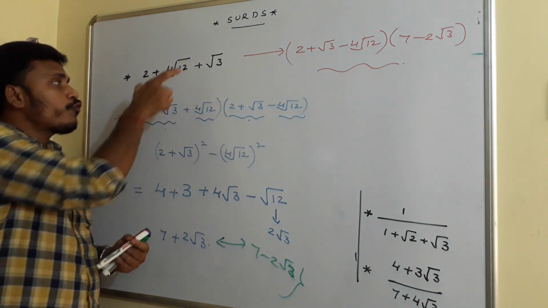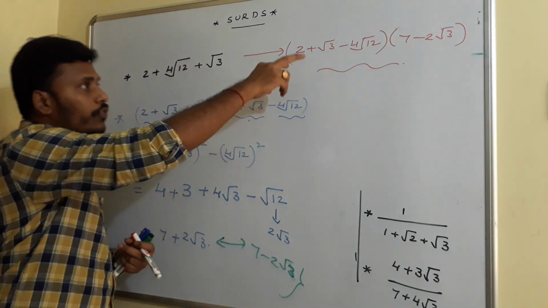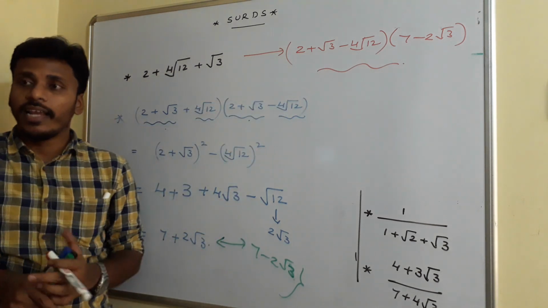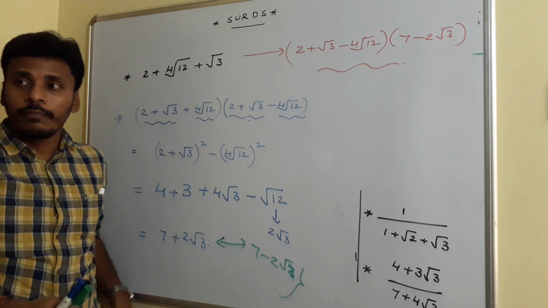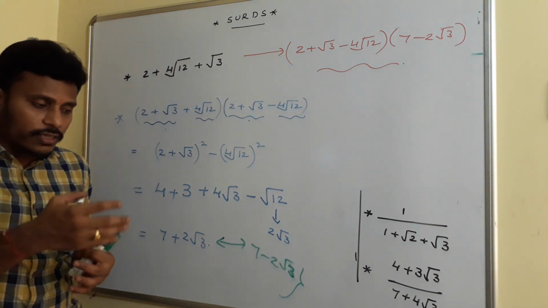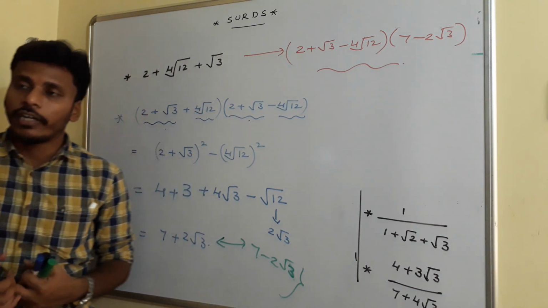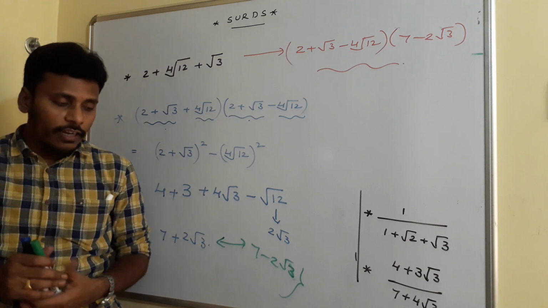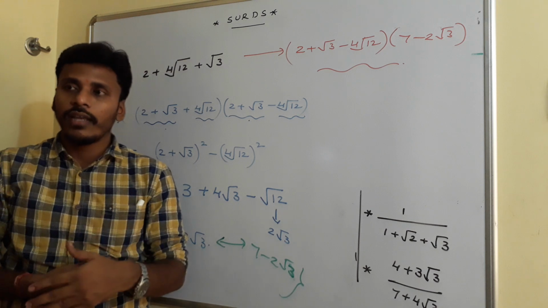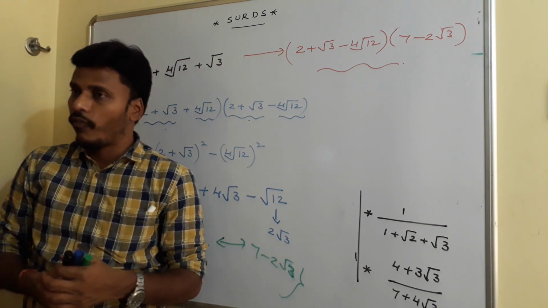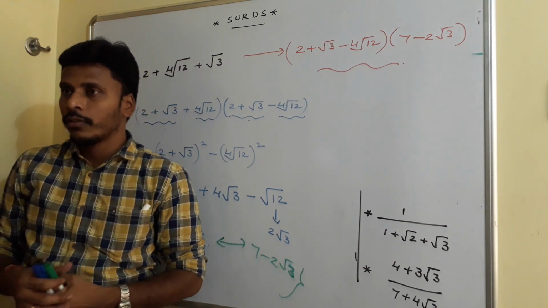Why? Because if you multiply the given number with the product of these two, at the end you are left with a rational number. Right? It is clear. So this is a problem related to the rationalizing factor. So all these are different ideas and different problems related to the rationalizing factors. And then we need to think about some problems where we are utilizing the concept of this rationalizing factor. I will give you a few problems related to that.